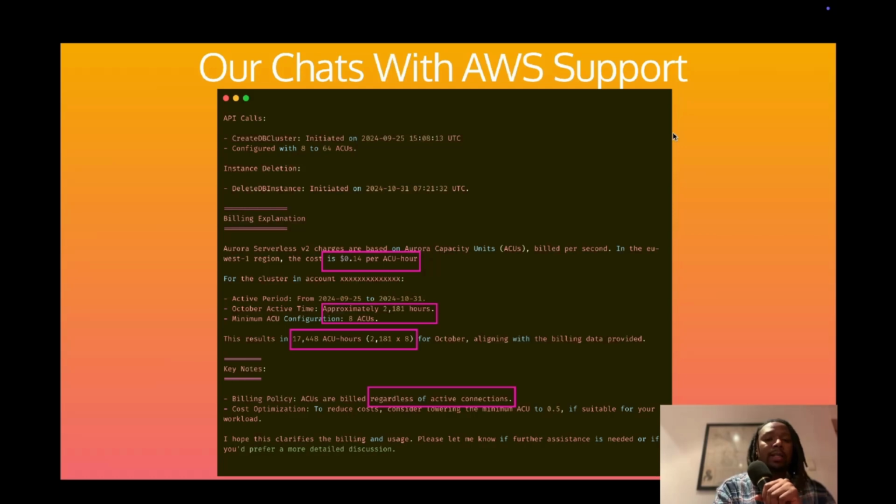However, yeah, AWS did not waive the bill or offer any discount at all, which left a sour taste in the mouth, and it was a very, very tough pill to swallow. Okay,